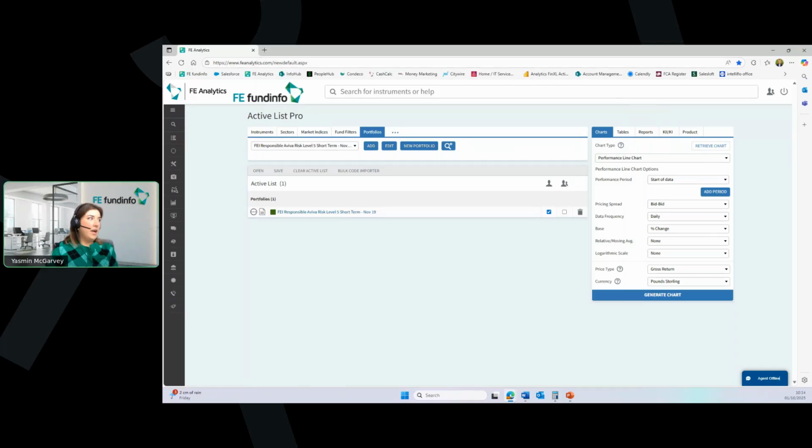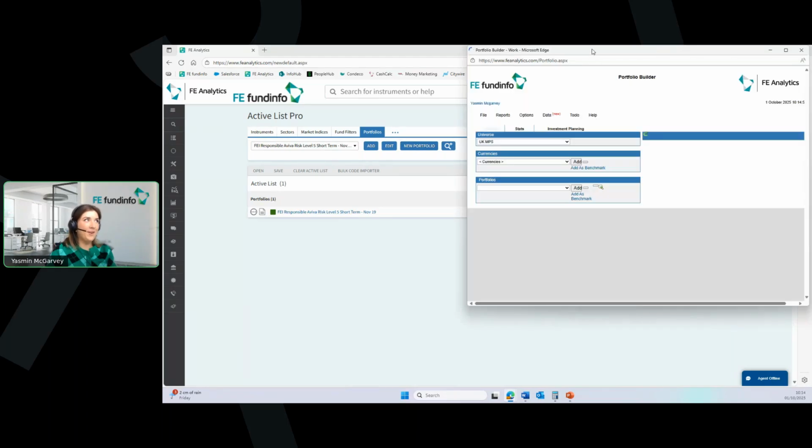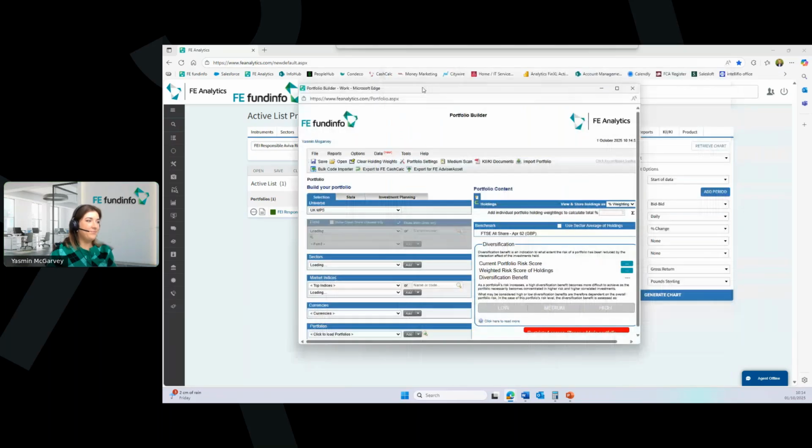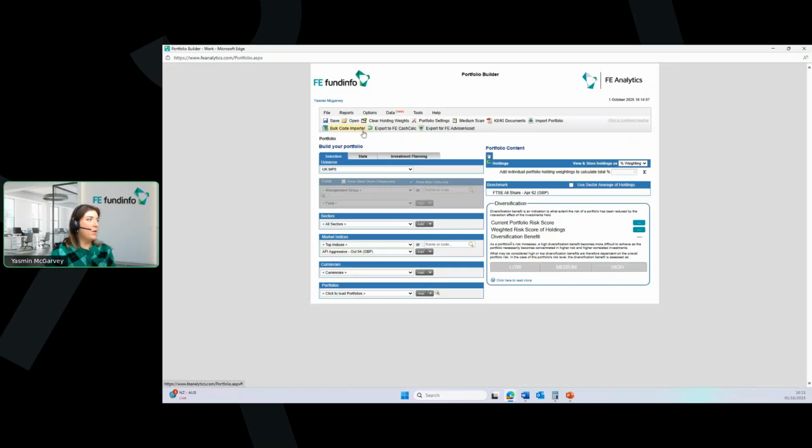Now, let's say I have a client who's currently in a portfolio and I'd be looking to put them into one of my portfolios. I would usually just select their portfolio, or maybe I'd chuck it in from my back office system, or I'd have it built in FE Analytics already. But let's say they're a completely new client and I'm looking to build their portfolio in. I'm just going to create a very, very basic portfolio here. And then what we can do